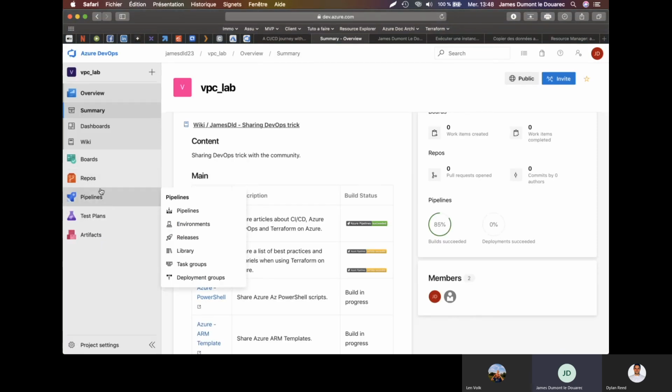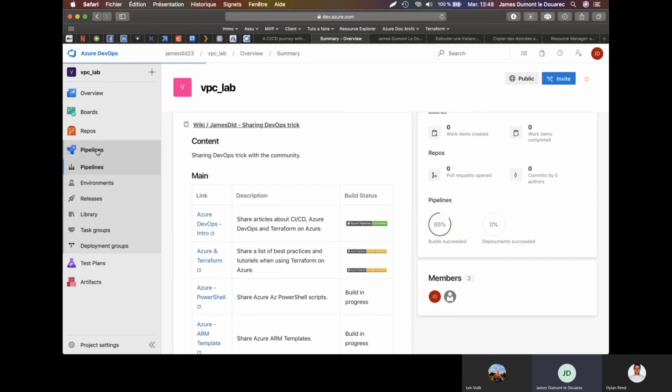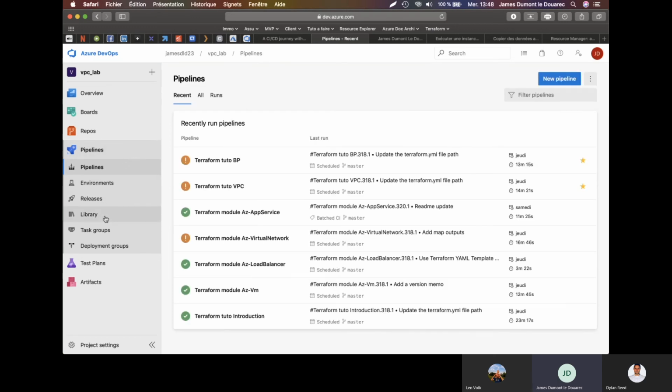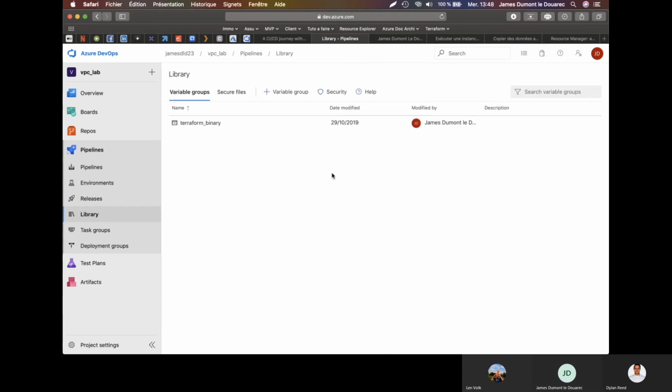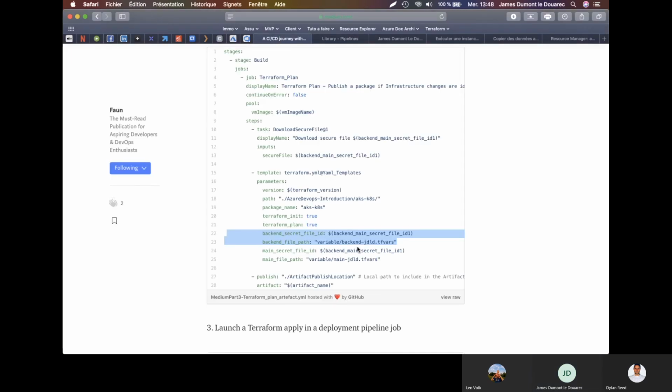So in my context, it's just under the pipeline location, just go on library. And here I have my secure files, okay? So it's this one.